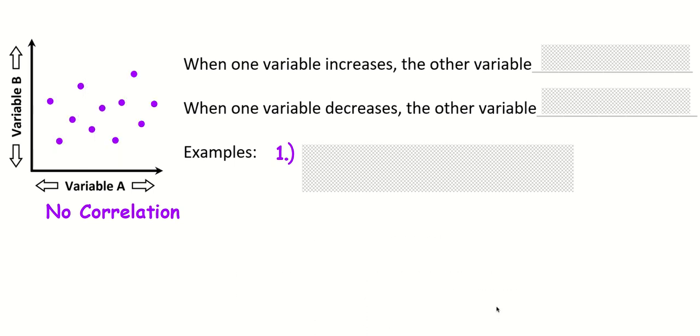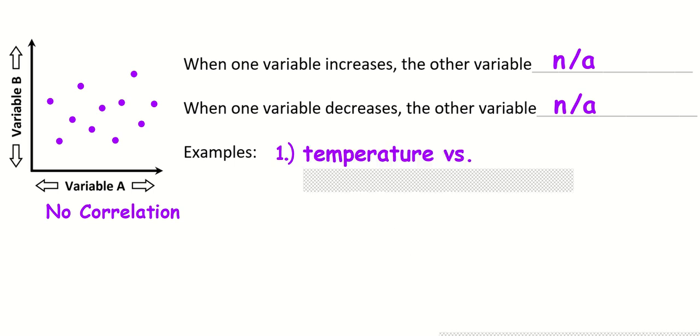Two variables could have a positive relationship between them. They could have a negative relationship between them. Or there could be just no relationship at all. So when one variable increases, the other variable, again, there is no connection. And again, I'm not in love with this example I have in the notes, but whether we have a high temperature or a low temperature over maybe on this axis,